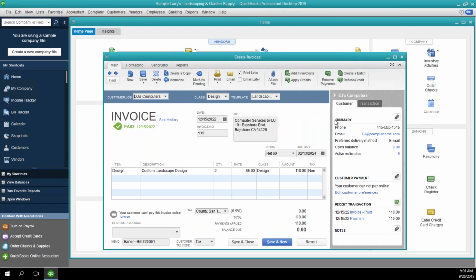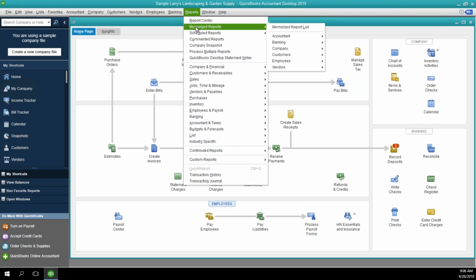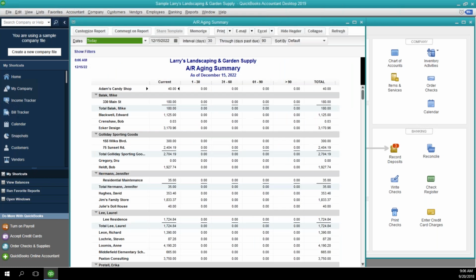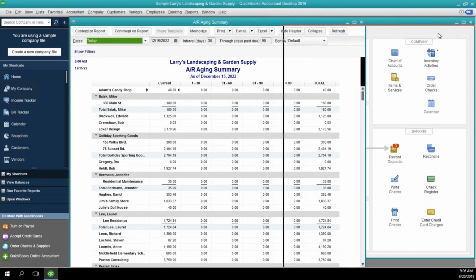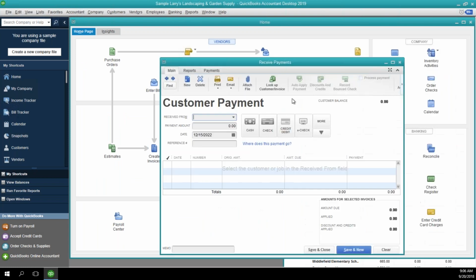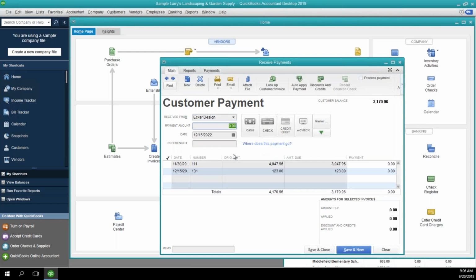I got another question on what's the best way to match deposits to accounts. Sometimes QuickBooks matches the bank deposits to the wrong account. And I'm guessing that occurs when you are receiving payments. I'm just going to bring up a quick report here so I can enter a payment. So I'm going to look at Ecker Design because they owe me some money. And when I'm entering a payment, say my payment is